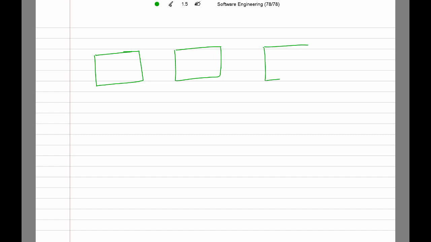This one is M3, and let's say we have M4. Okay, so M1, M2, M3, and M4 are my modules, right? The reason they are separate modules is that the requirements of each of these modules are different. That means the kind of functionality that M1 is going to fulfill or implement is going to be completely different from M2,